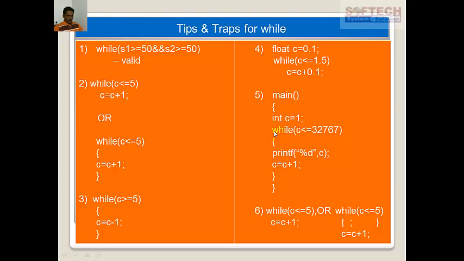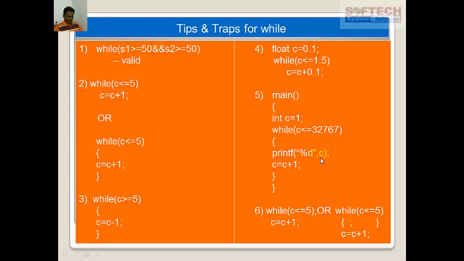Then the loop continues. Then it compares 2 with 32767. 2 is less than 32767, the condition is true, so it displays 2. Then it is incremented by 1. Now the new value is 3. Then compare 3, then display 3, 4, 5, 6. So what is the output? 1, 2, 3, 4, 5, 6, 7, 8, 9, 10, 1000, 10,000, 30,000,